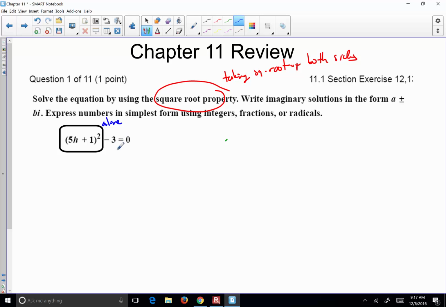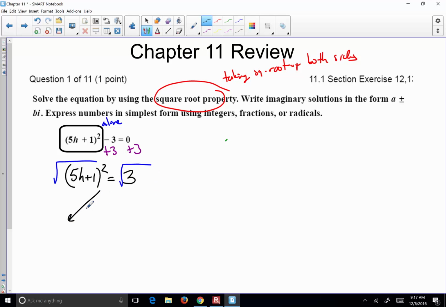No, I have a -3. So I need to get -3 out of the left side. What do I do? How do I get rid of -3? Well, add 3. Yes, we add 3 to both sides. Okay, now this question is ready. All you need to do is take square root of both sides,